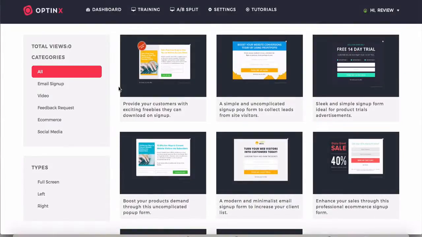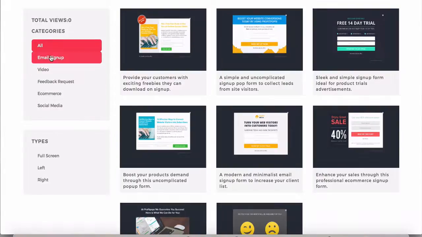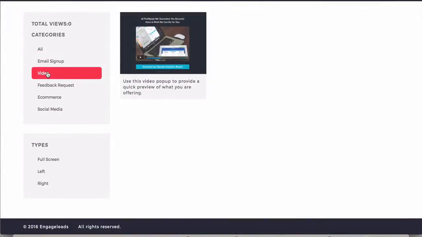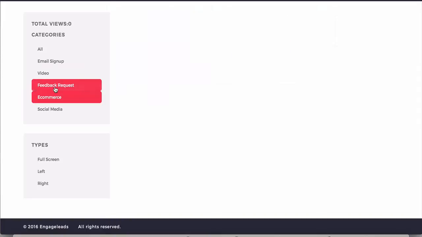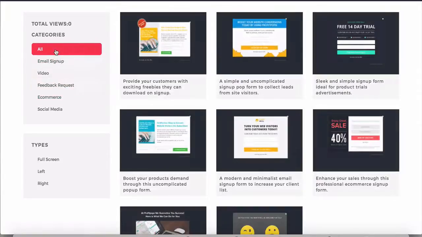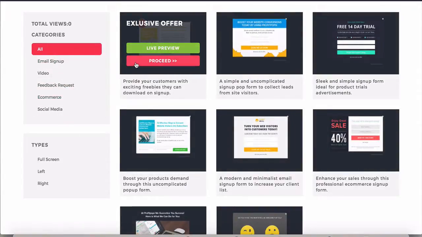all the templates included inside OptinX. Now those are all tested and proven to convert, which means they will absolutely skyrocket your leads, skyrocket the amounts of opt-ins that you get from your site. And those are broken down by categories. So you have email signups, video ones, e-commerce, feedback requests, and so on. So if I were to pick the first one here and click proceed,